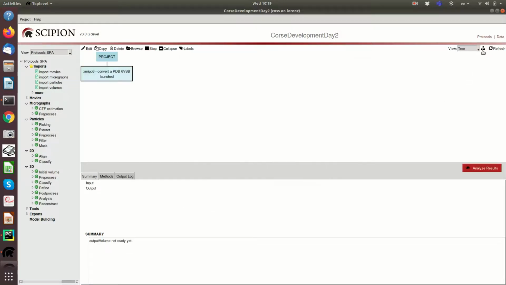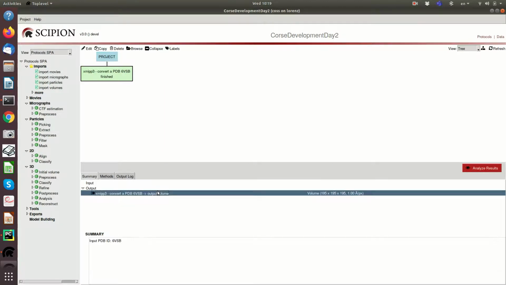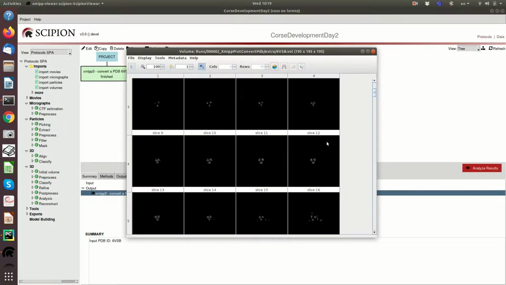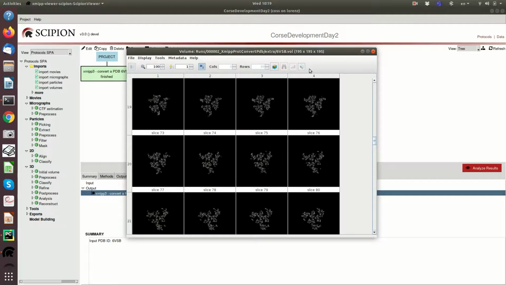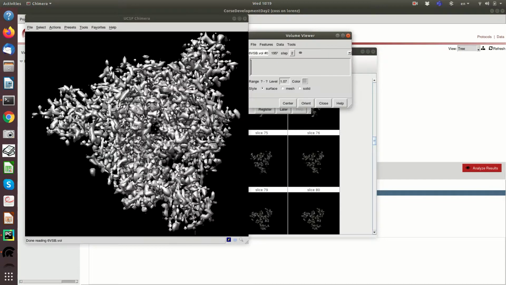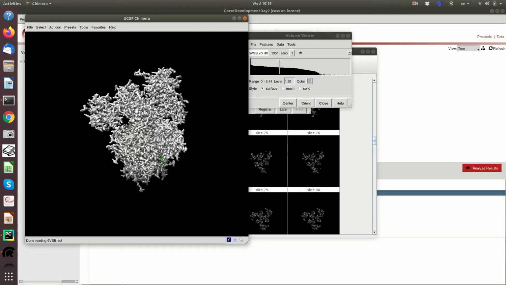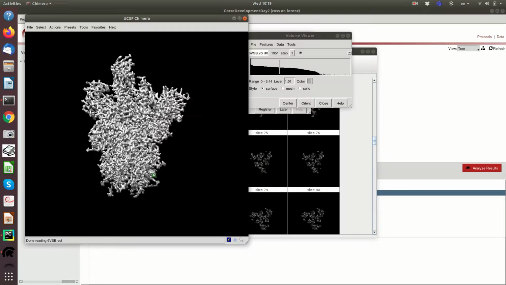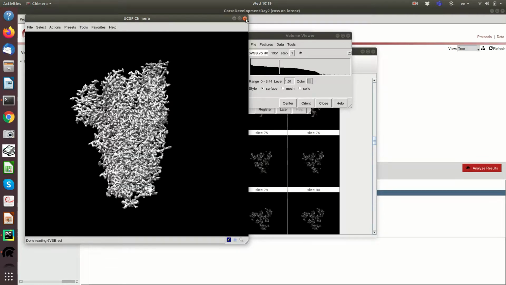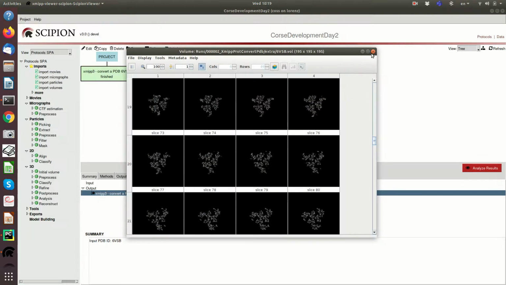And now this is a model of the coronavirus SARS-CoV-2 spike. Okay, so here what we have is a volume of size 195, and we can have a look at it, and we see that we have the different slices, and hopefully this works. And here we have the structure of the coronavirus spike. So our goal now is to filter this volume, and for that